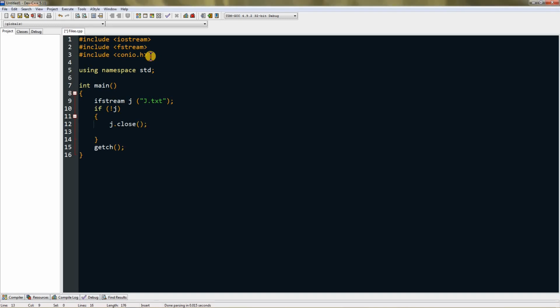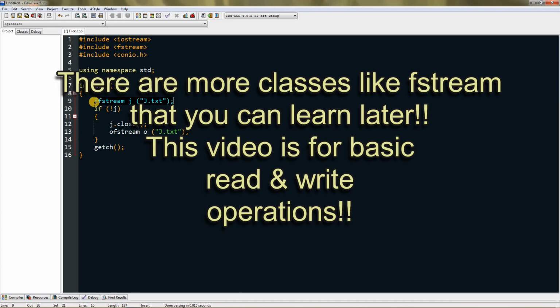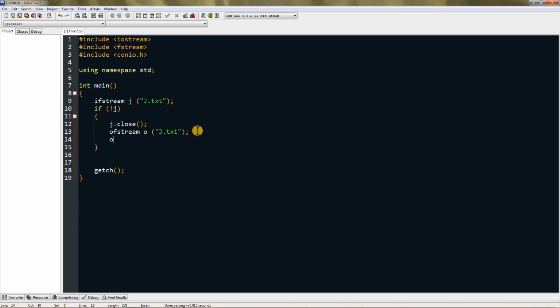then create an output stream, ofstream, and name it anything. I will name it O, and then you can create j.txt. So this will create the file, and this will read the file. For reading the file you have to use ifstream, and for writing to a file you can use ofstream. Then I can write to the file by doing this, press O, and then the same syntax as cout,